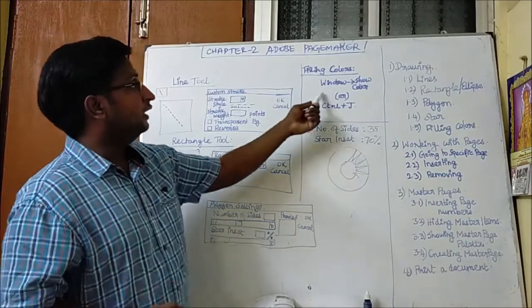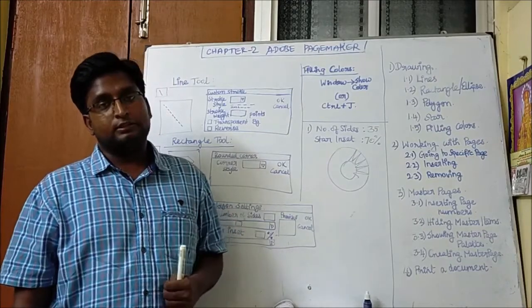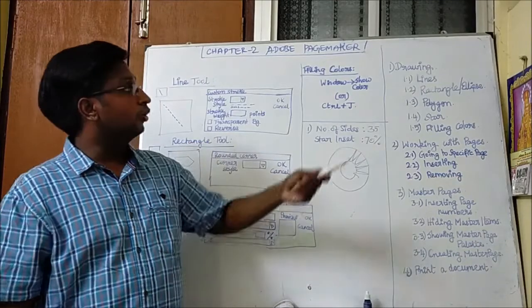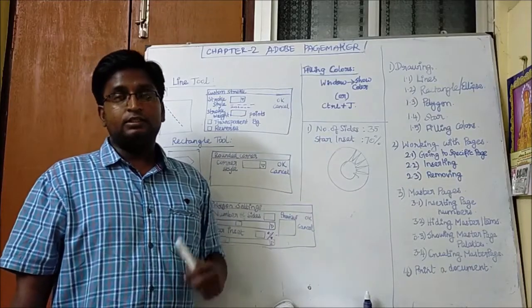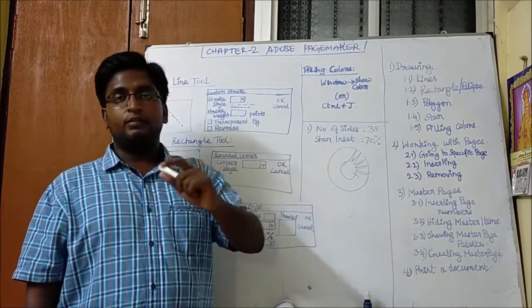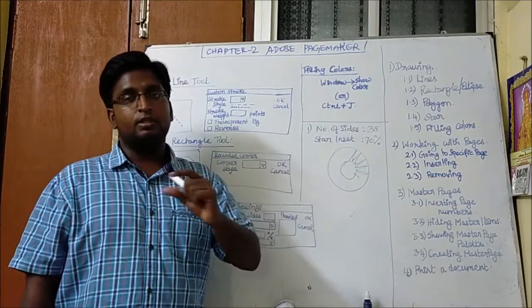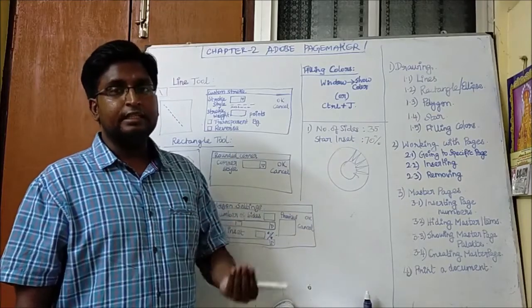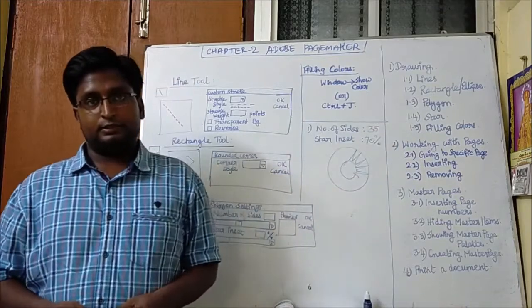So the next one is filling colors to the shapes. So we have drawn the shapes, how to fill the colors. So after drawing the shape, select the shape, go to window and show color. This we have seen in formatting the character. Same window, show color. The color palette box will open, or you can go with Ctrl plus J. The same color palette drop box will get open. From that you can select the color and it will get filled. So this is how we will fill in the colors.